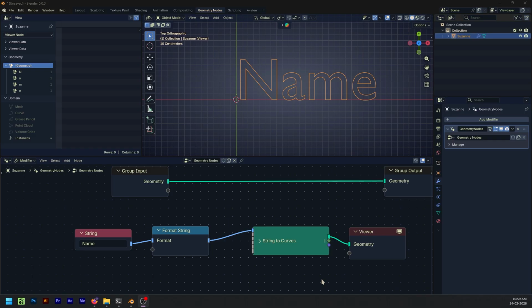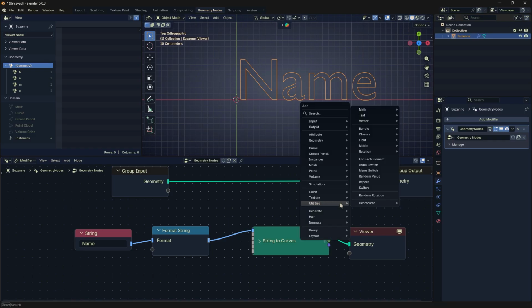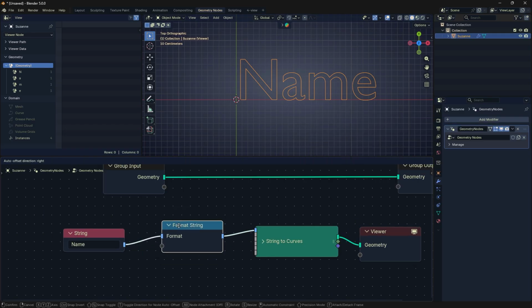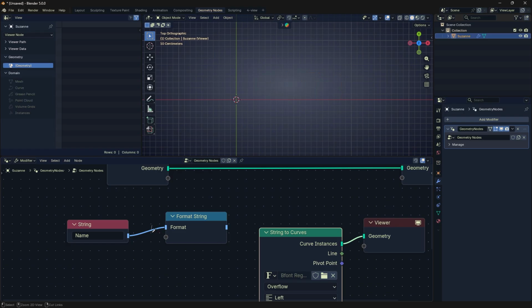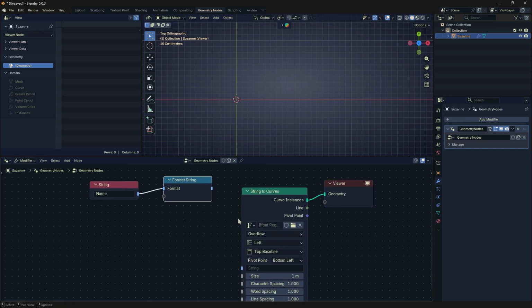All right. So the next module we have in utilities is text. The first node we have is Format String. When you actually get this string, you will have something like this. So this is your format string. So let's actually connect this